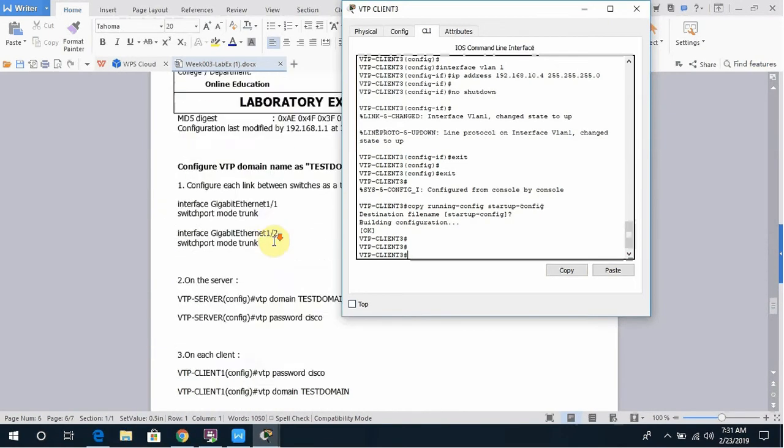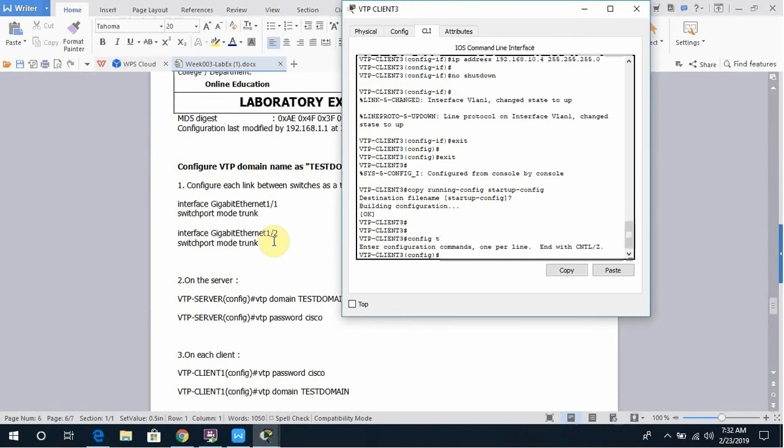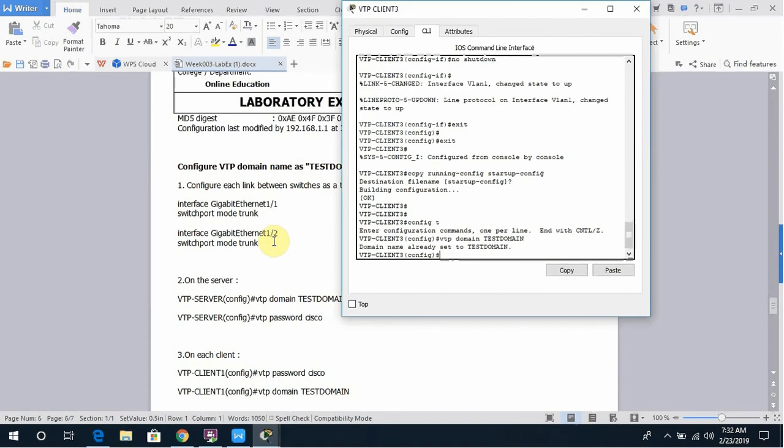Then what we're gonna do is number 3, configure the VTP domain name as test domain and VTP password as Cisco. Okay, what we do is config T, shortcut for configure terminal, enter. Then we'll do a VTP domain test domain, enter. The domain name is already set, okay, but anyway, VTP password Cisco,